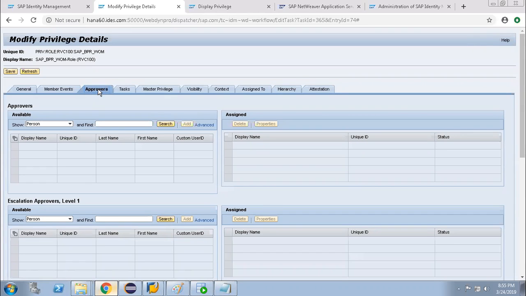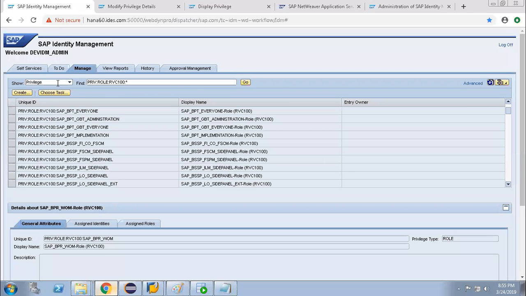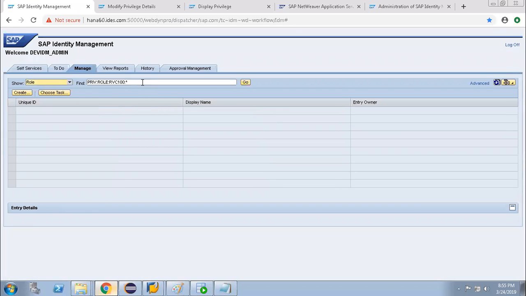That is why I kept those things aside. So tomorrow's session subject will be approval workflow. So this is the privileges, and now if you check the roles.